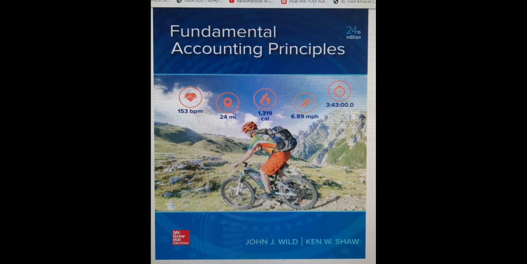So the system is very good. In that eConnect system you can also watch videos related to the topics. There are too many interesting materials inside the e-textbook, the eConnect system.